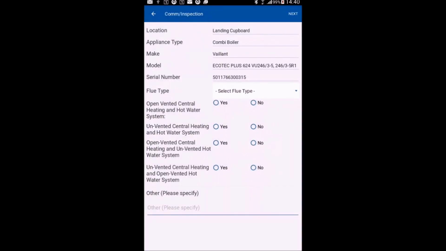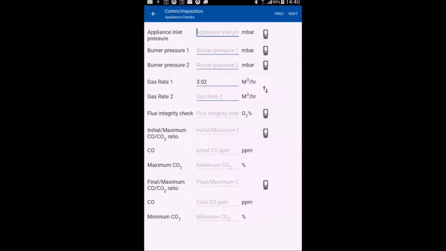Okay, a bit like the landlord reports you're probably more familiar with creating, we now go through and have our tick box exercise just as we do with the flue gas report. So I'm going to choose this as the flue type open sealed, and so on and so forth, and then click next. If I leave an area blank, so if I hit next now without filling any of this in, it will show me the mandatory stuff I have to fill in red,